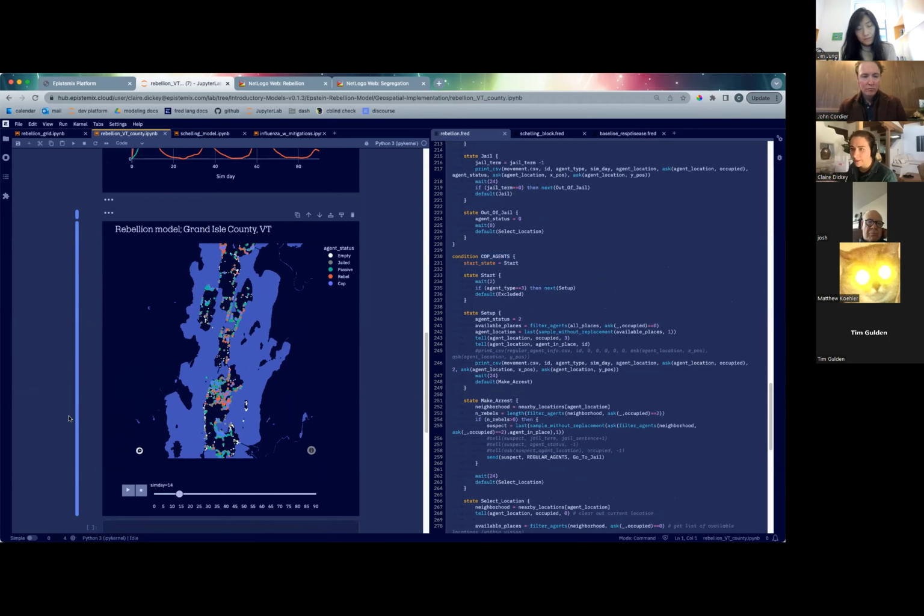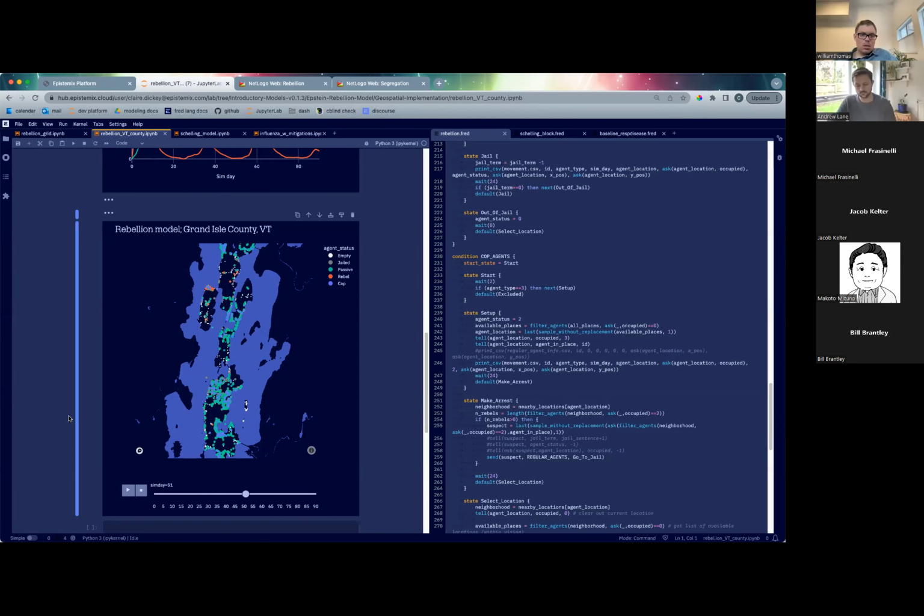The blue cop agents work to jail the dissident agents. In this case, we have a cessation of behavior for a while, but we start getting these pockets of rebellion moving through the space. These are based on our real approximations of the households in this area. Here we have agents doing the same moving each time step behavior, moving from household to household,